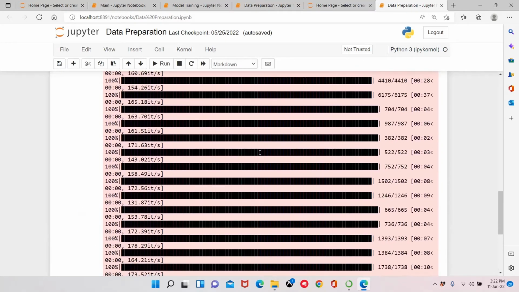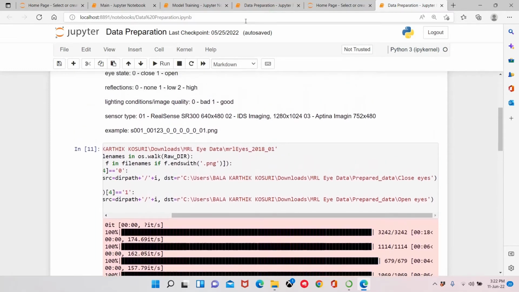This is the data preparation. Now let's go to the next module.